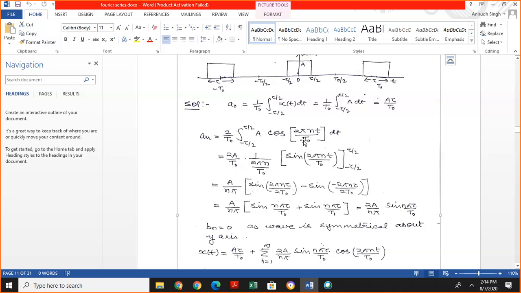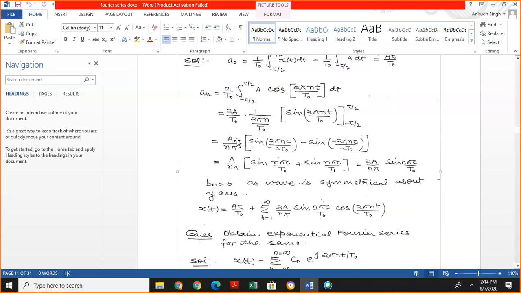When we integrate cos 2 pi n t by T naught, we get this expression, and then we substitute the limits tau by 2 and minus tau by 2. T and T are cancelled, 2 and 2 are cancelled, so we get A by n pi and